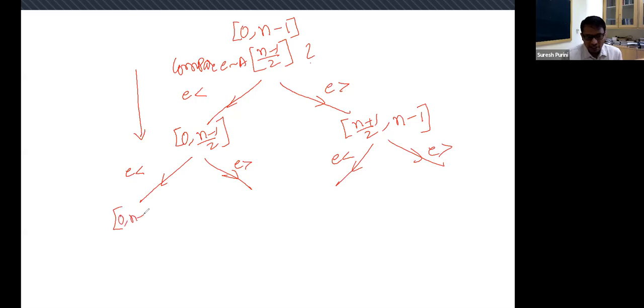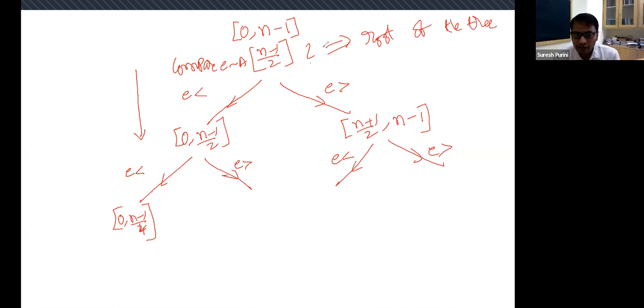Roughly, I am just using roughly. It will be 0 to n minus half, n minus 1 by 4, so on and so forth. You do the computation. So what is happening is, if the size of the interval is reducing by half, initially the size of the interval at the root level, if you think of this as the top of the tree, which is called the root of the tree,